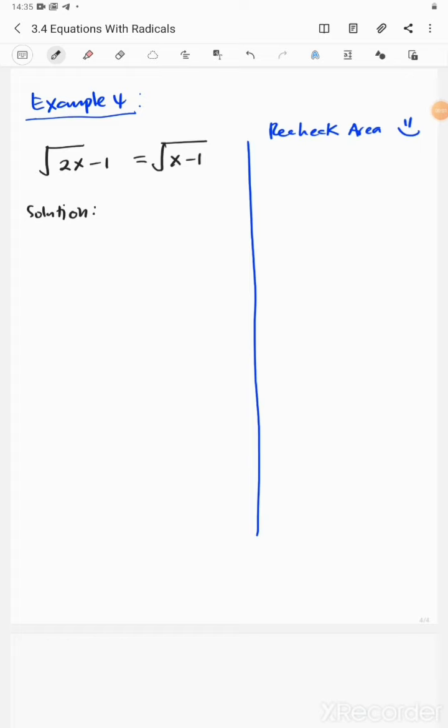Okay, this is example 4. The question is, we have here square root 2x minus 1 equal to square root x minus 1. So to solve this, you have to square both sides, right? So when we square this one, remember when we have two terms inside the square, you have to square one by one,